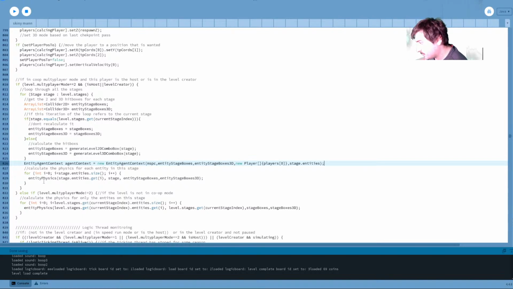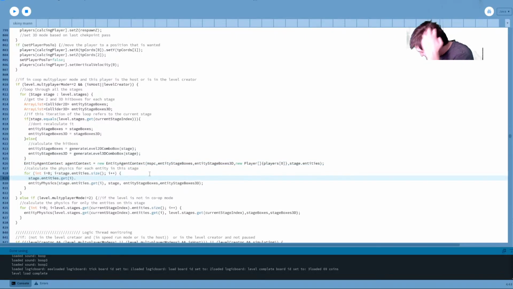So then what we do is we'll say stage entities get i dot update and pass in this. That's for co-op.